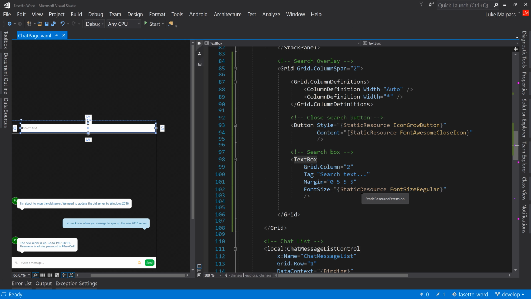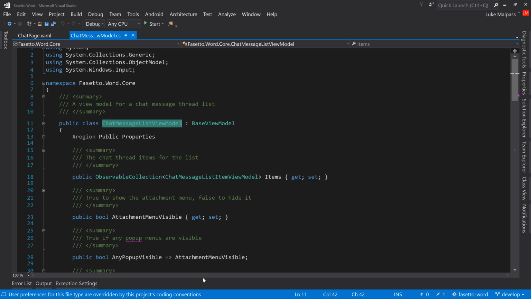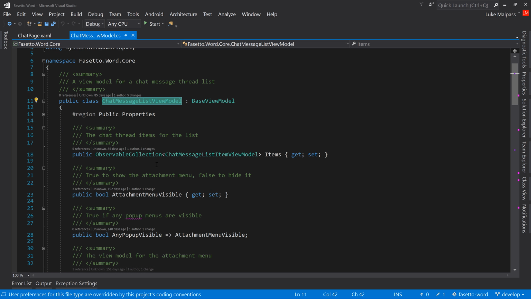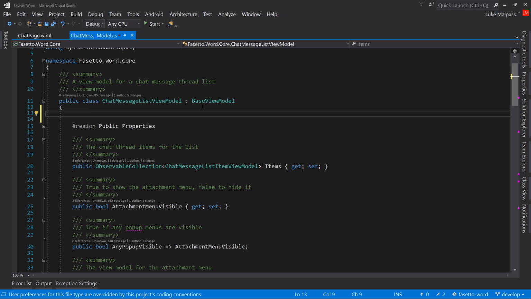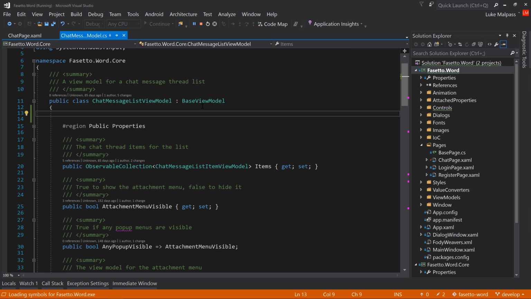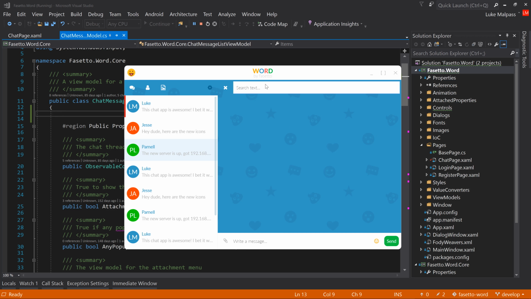So we'll jump over to the chat message list view model. And in here, we're going to have a lot of changes. So we're going to have to search the text. When you're typing and then you press enter, you want to search, which is fairly obvious. But then there's certain things, say you type test and press enter and it searches. And then you type away, but then you come back and you end up with the same value and you press enter. You don't want to research the